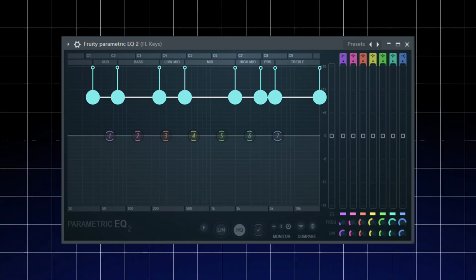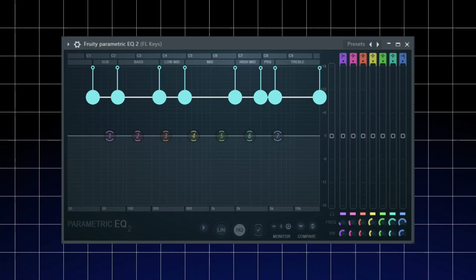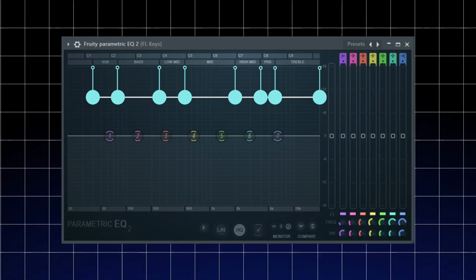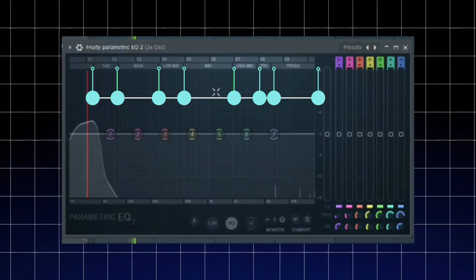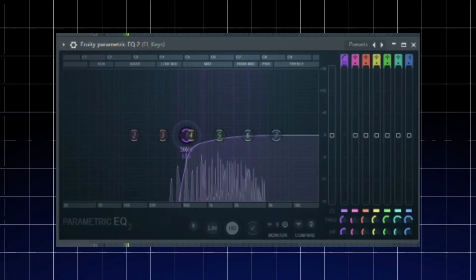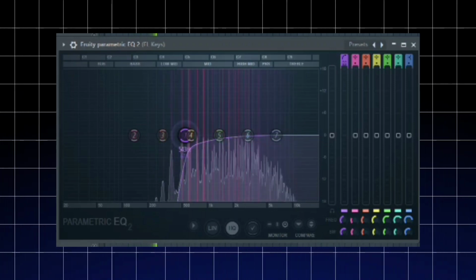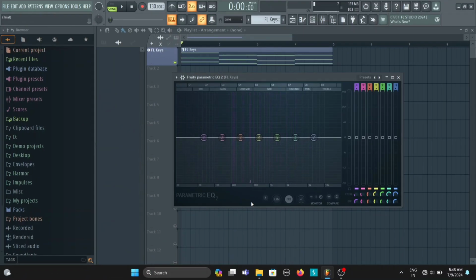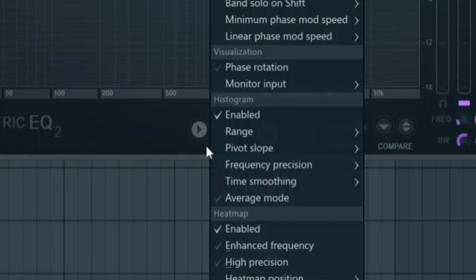You can see above in the EQ that everything is divided into parts. Everything has its own frequency. If you play sub-bass, then the frequency shows in the sub part. And if you are playing the piano or some other instrument, all the frequencies are seen in the mid and highs, treble. If such a wave is not coming from your EQ, then click here and go to Heatmap and enable